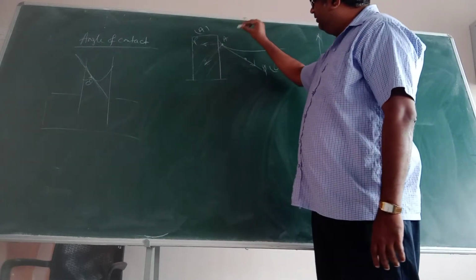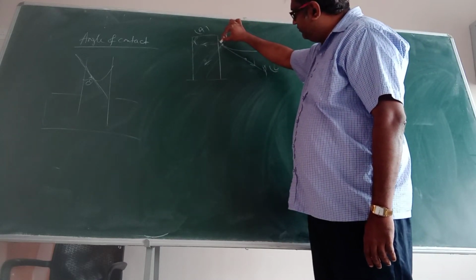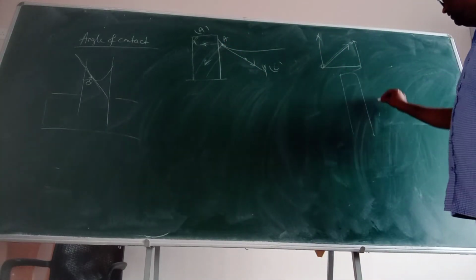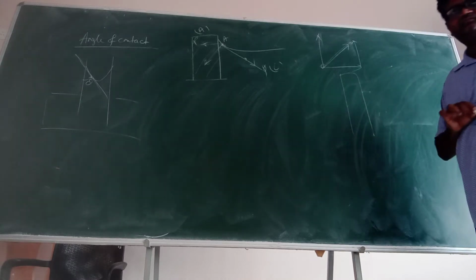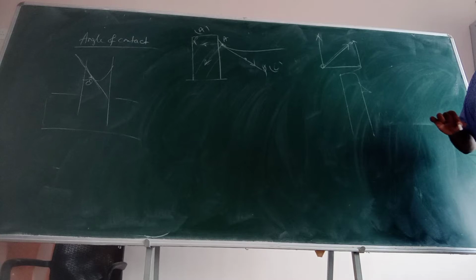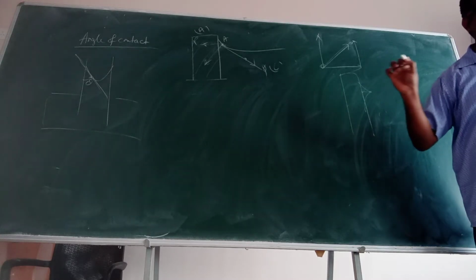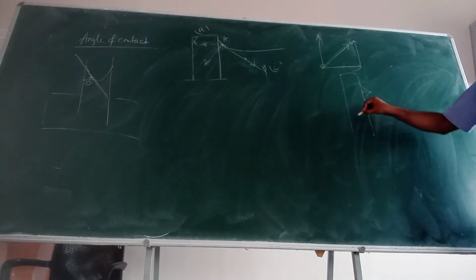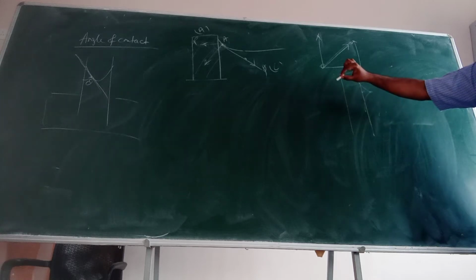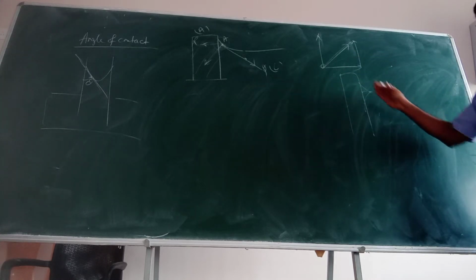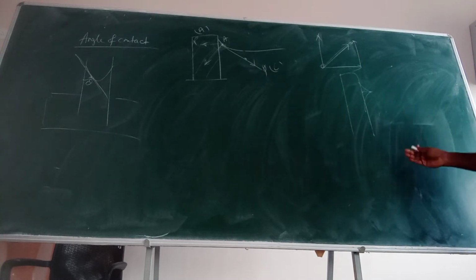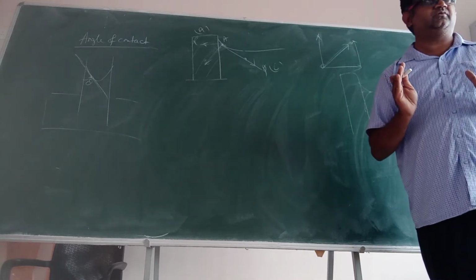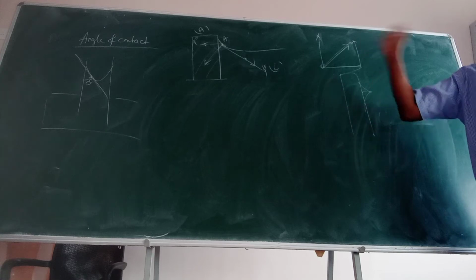Now, observe carefully. If I try to draw a blow up of this liquid surface, the liquid surface can be straight, it can take an upward turn, it can take a downward turn. That is what it is. I am zooming this. This is that interface. The interface can be straight. It can take an upper turn. It can take a downward turn. Whether it will take an upper or downward turn is your meniscus. Upward or downward turn is meniscus. Whether it will take an upward turn or downward turn is what we are discussing now.